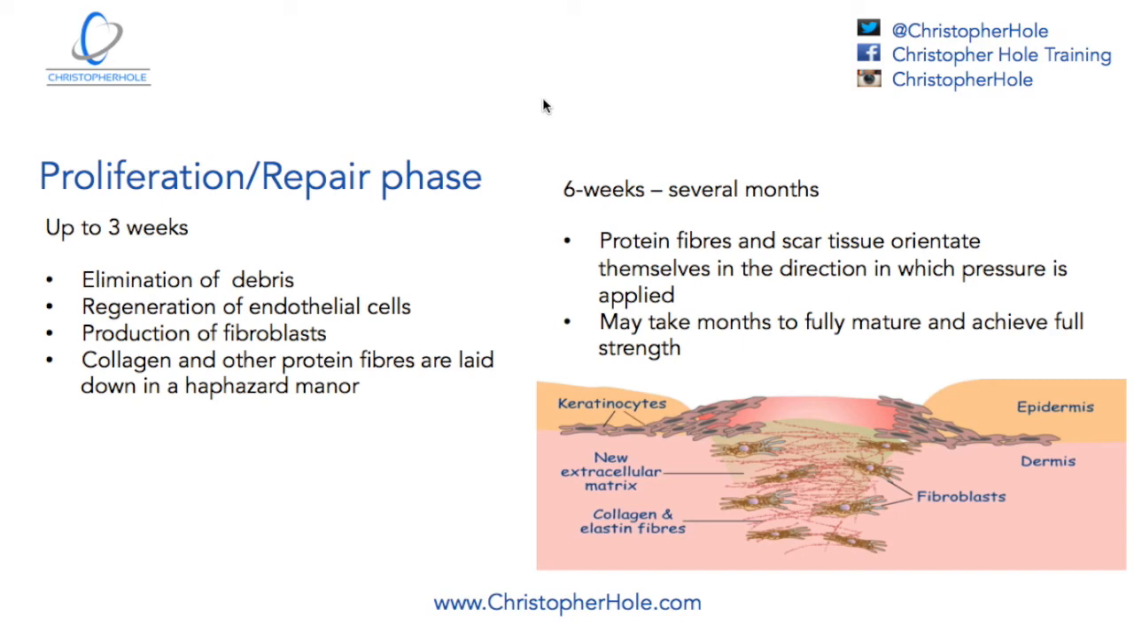Obviously, the most dominant one will be that forwards and backwards, because that's the direction that we're moving in most of the time. But we do want to be able to have all three, because our body does move in all three, and it doesn't want to be weak in just two of them. It wants to be strong in all three of them, if that makes sense. So it may take months to fully mature and achieve full strength, which we know if we've done training and we've rehabilitated from an injury, we'll start off lighter and build back